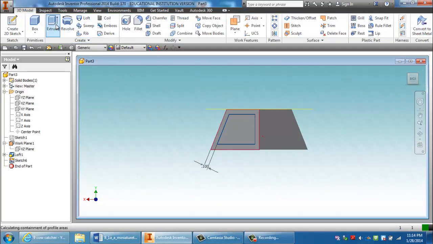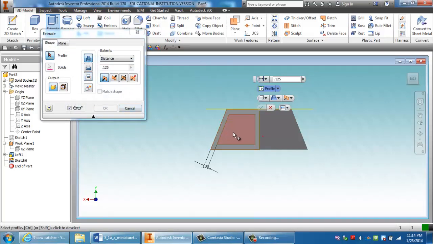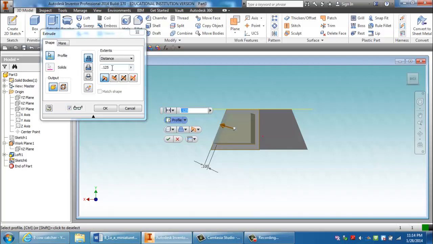And we will extrude this part, that plane, cut, and we wanted it in 0.05.